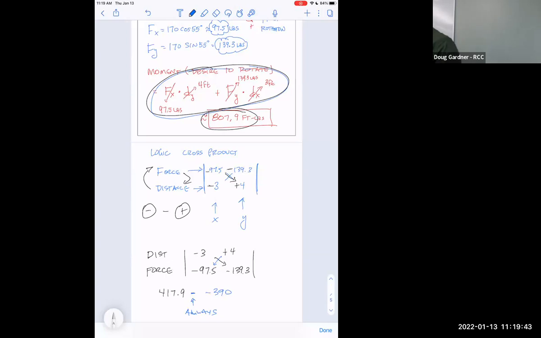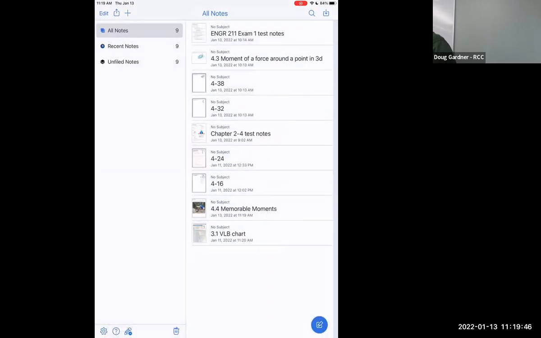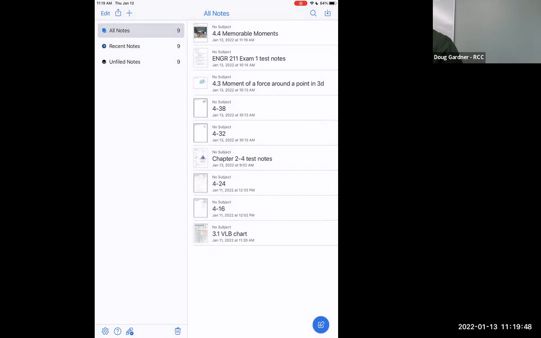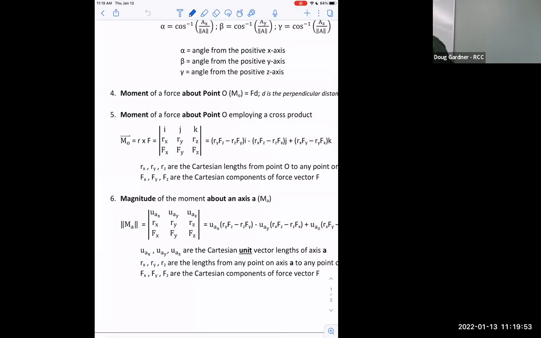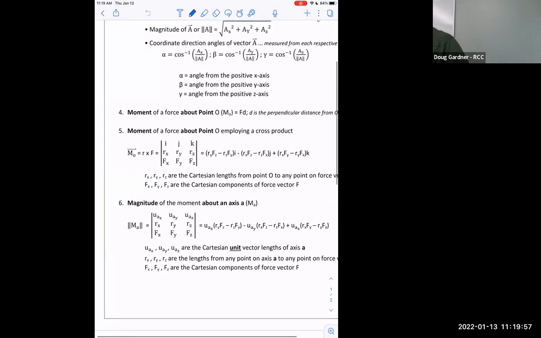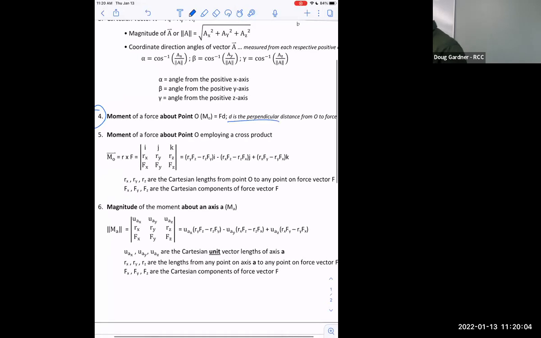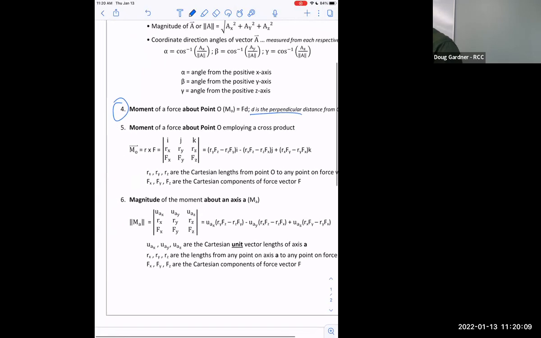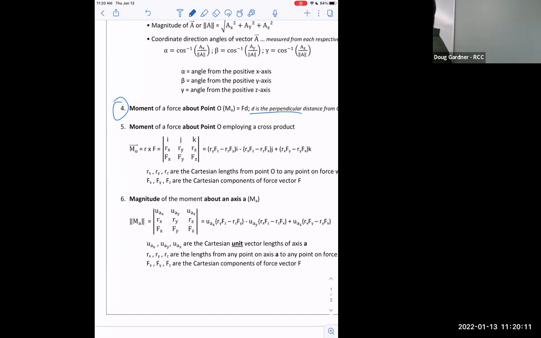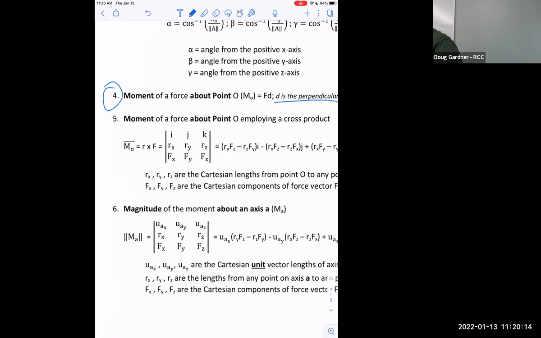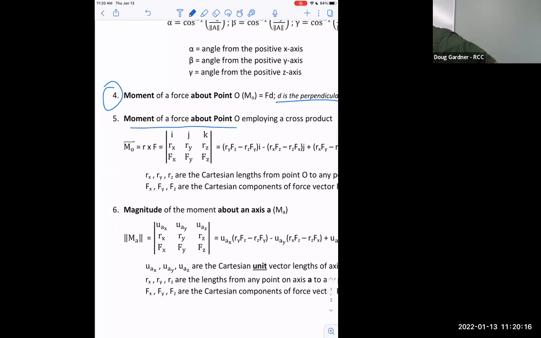And so what I want to show you now is this. So you should be happy with this. Moment of a force about a point is force times distance, and it's important to understand that the distance has to be perpendicular. But now we're going to move to 3D. And so we've got to look at 5 and 6. And so how do you find the moment of a force around a point